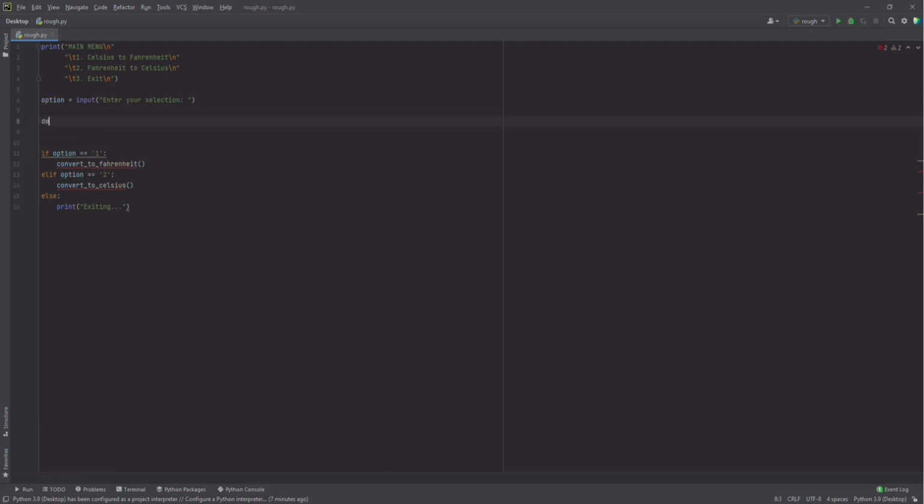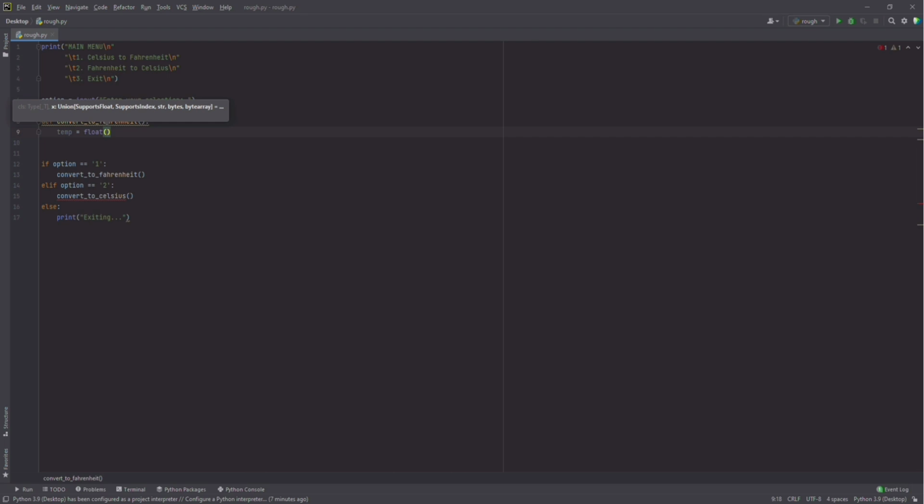Now let's discuss the functions that we need to define over here. The first function is going to be convert to Fahrenheit. Let's copy this, paste it exactly over here, convert to Fahrenheit. And in this function we are going to first need a value that needs to be converted. So it's going to be a float value, which means it could be an integer value as well as a decimal value. So I'm going to typecast it as float, and then comes the input statement,